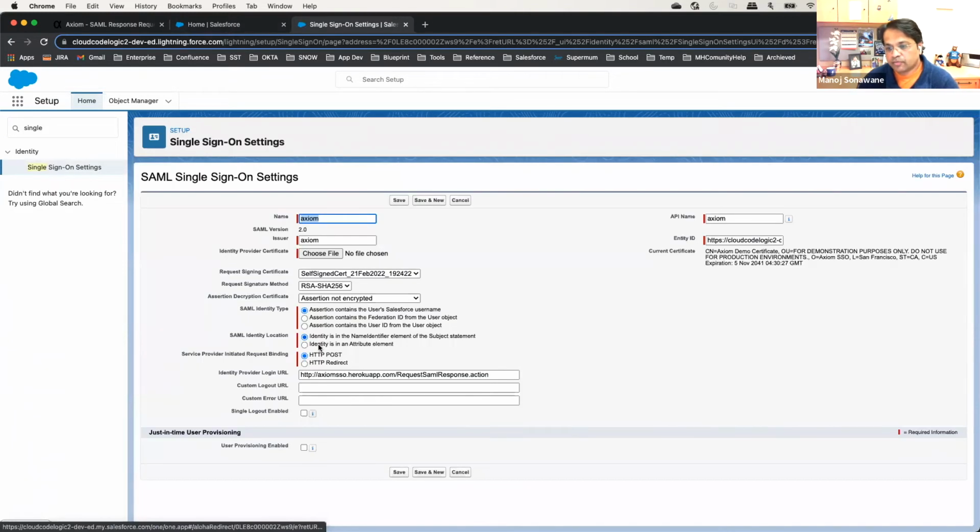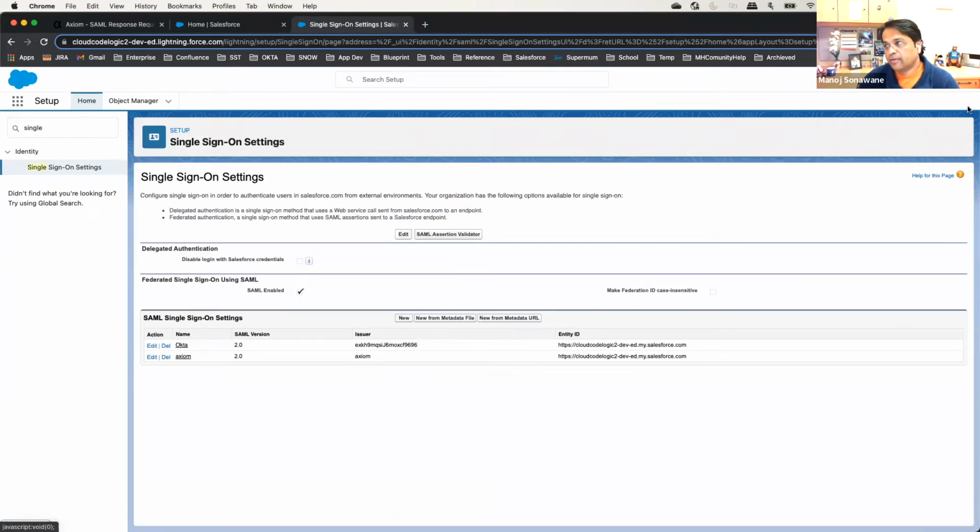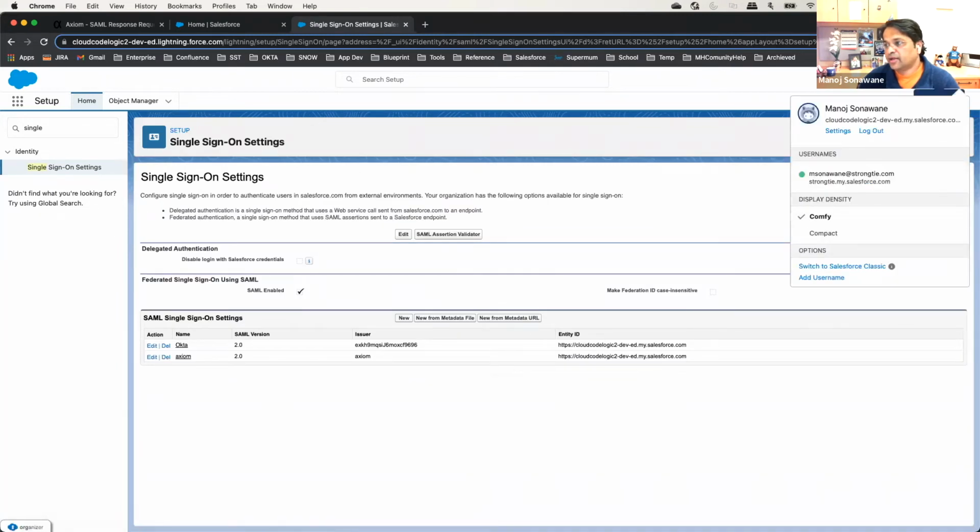Okay. So I'm going to say use a different option now, instead of username, federated ID. So that's the one step here you have to do if you don't want to use username and all those things. So save this, and then you have to go to my user profile,